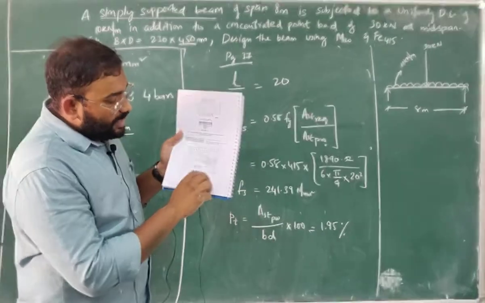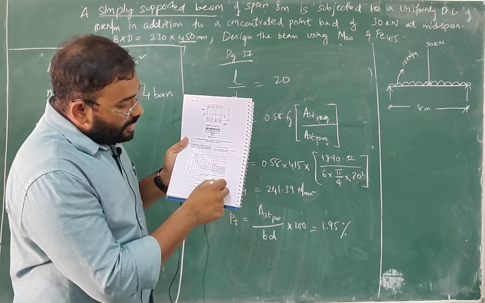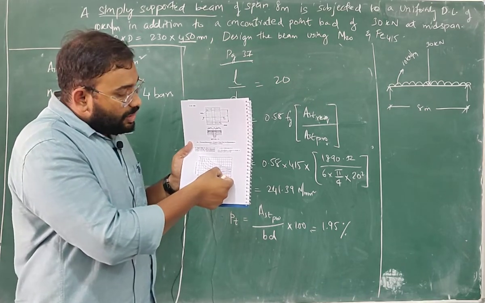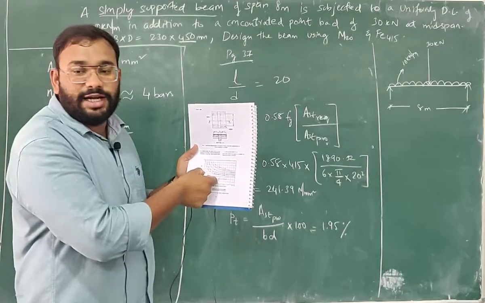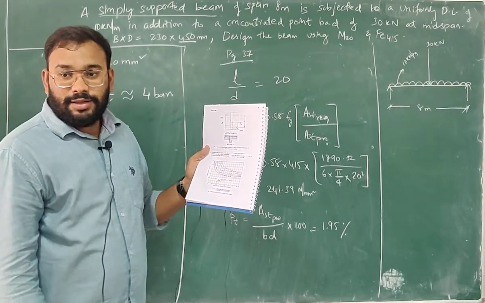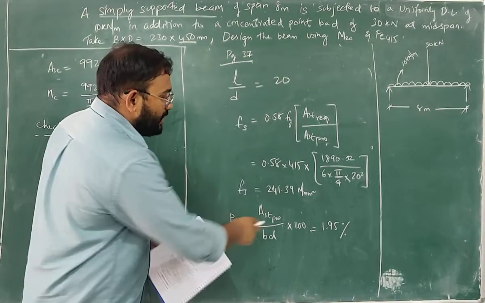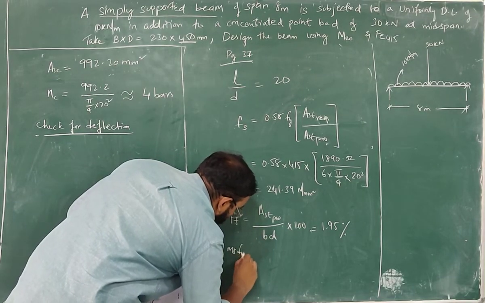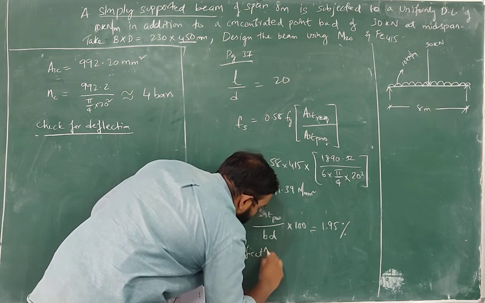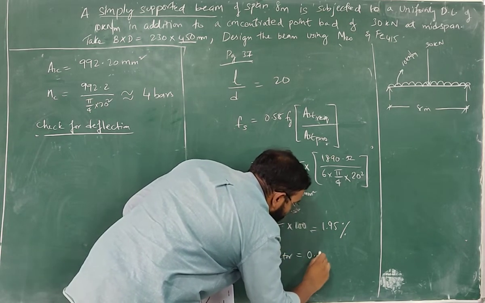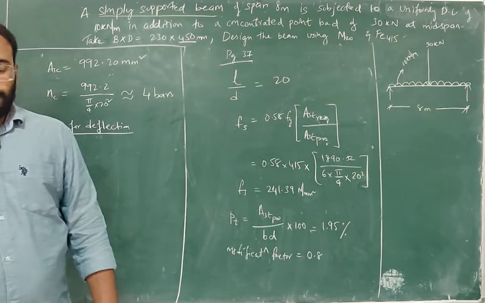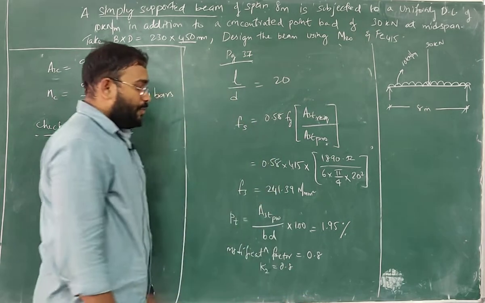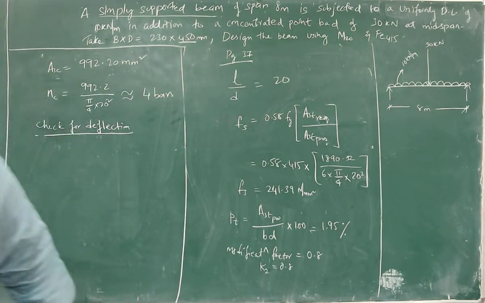Now, for this value, you just draw a line up to Fs 240. Now, record the corresponding value of modification factor on y-axis. So, approximately, because these values are not round, you will get the modification factor here. Modification factor is equal to 0.8. Now let this factor be called the K2 factor, which is equal to 0.8. So this is a very important step.